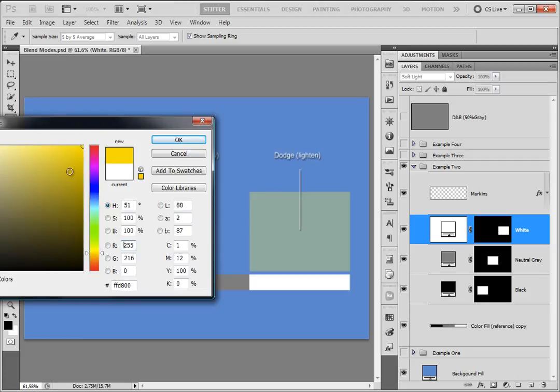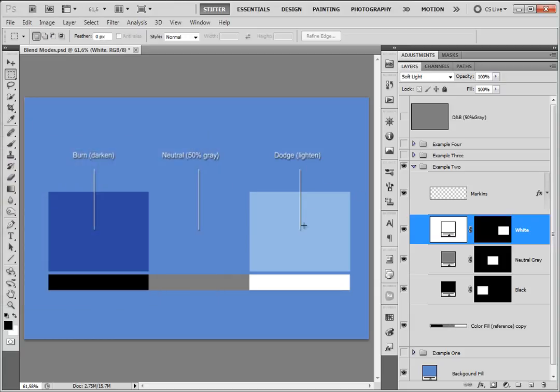Maybe yellow, so you can see how that blends. Now the reason why I wanted to show you this is that when you're using this next method, you're using your brush tool to paint, but you do not need to use just the black color or the white color. You can also use different colors, and that will affect the image underneath differently. So it's not just dodging and burning, it's a bit more than that, and that's what I like about that technique. And we'll see how we can take advantage of this when we start dodging and burning with this technique